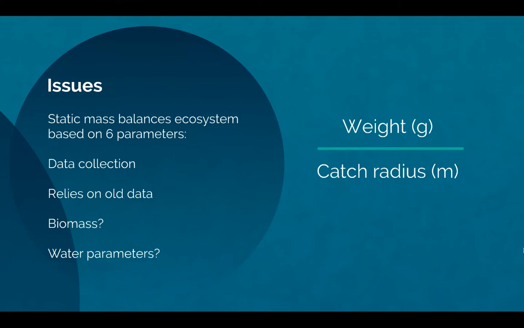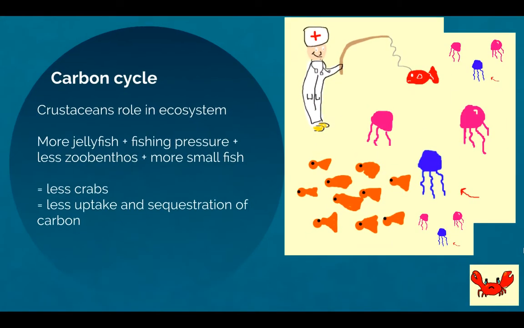Jellyfish are less dense than fish, so weren't included in models for many years, but they exert extreme pressure on ecosystems. Water parameters should also be more prominent in ecopath studies. The study of Chesapeake Bay found with ecopath that water parameters affected blue crab's biomass and could be enhanced with reduced nutrient input. Crustaceans are vital in aiding nutrient and carbon flow and uptake in a system like a natural